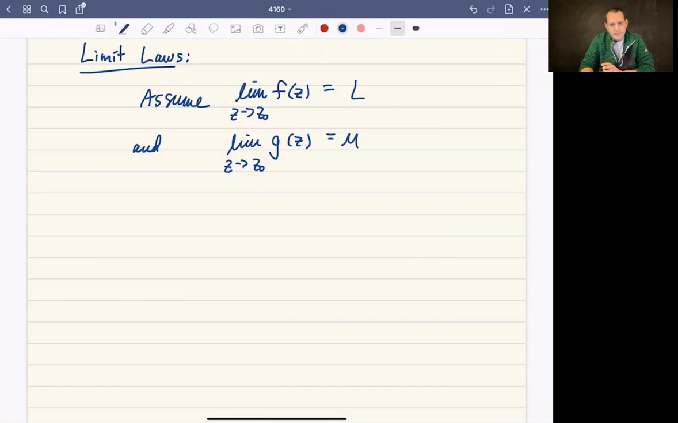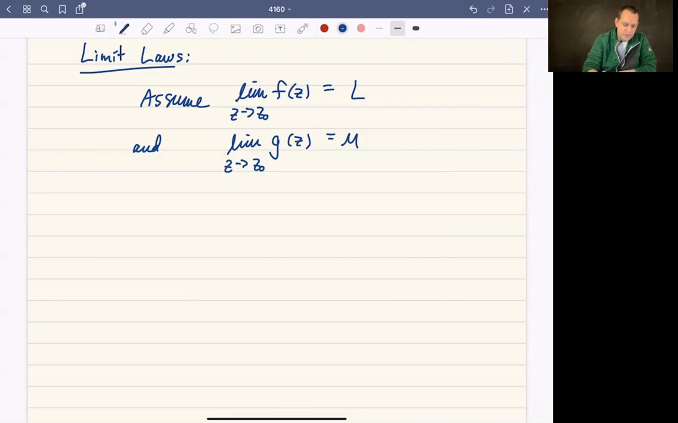Here, in order for this to make sense, we need z naught to be an accumulation point of both the domain of f and the domain of g at the same time. But f and g don't have to have the same domain, they just have to have at least z naught as an accumulation point in common. So with that in mind, assuming everything makes sense,